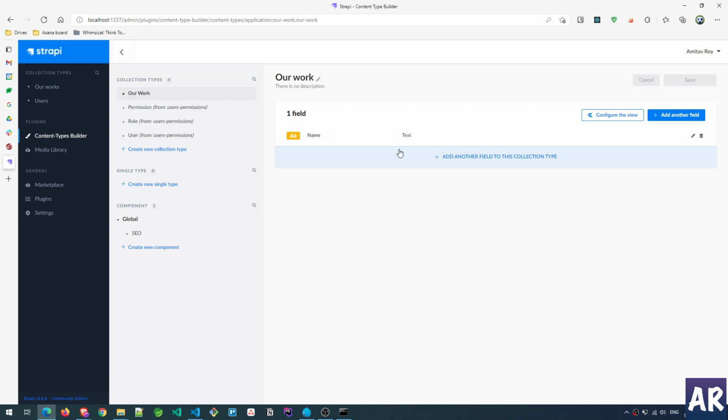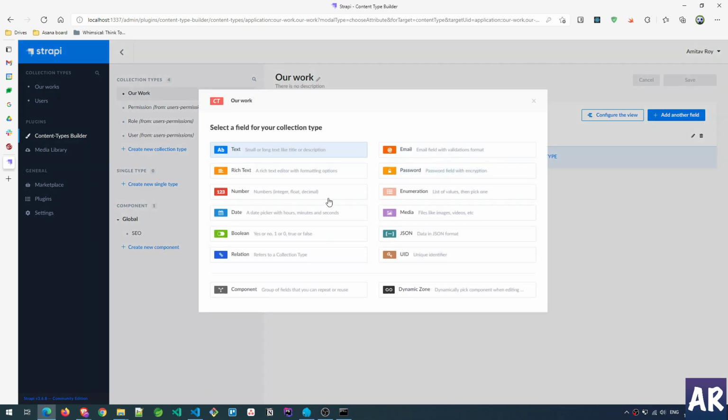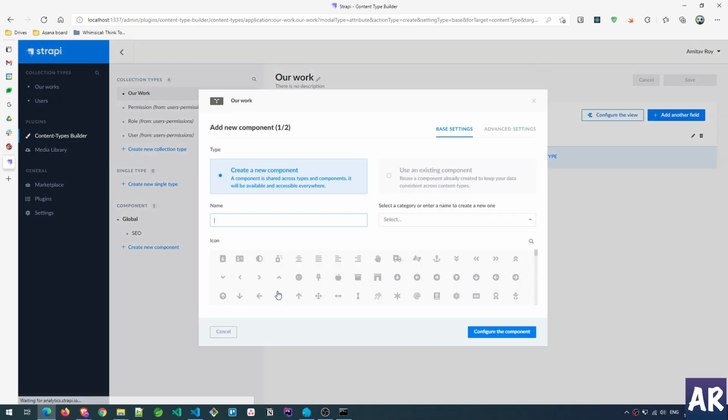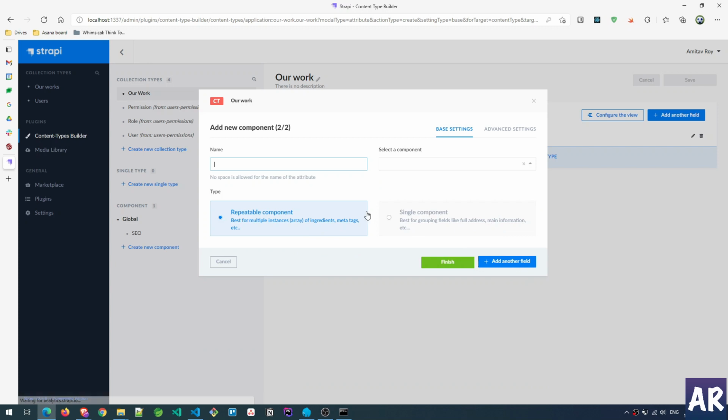But then when we create pages, we will need them as well. So that's why we created it as a component, and I'll add a new field which is of type component, and in here use an existing, select the component,